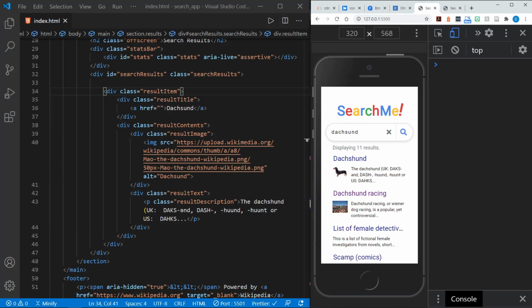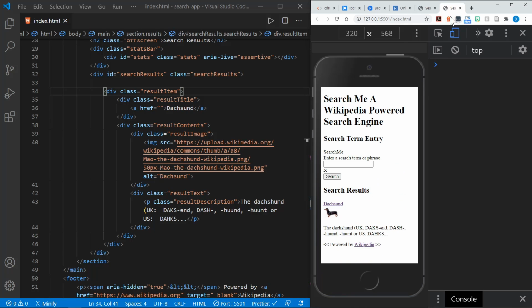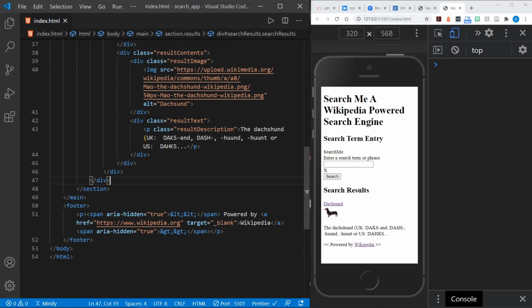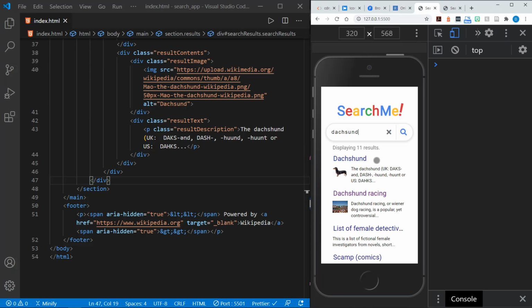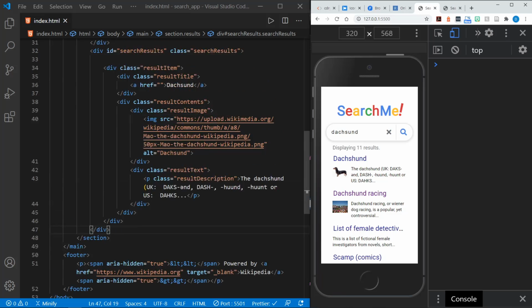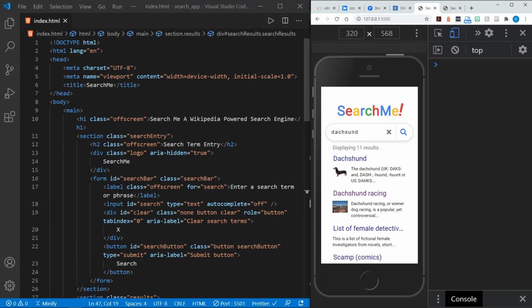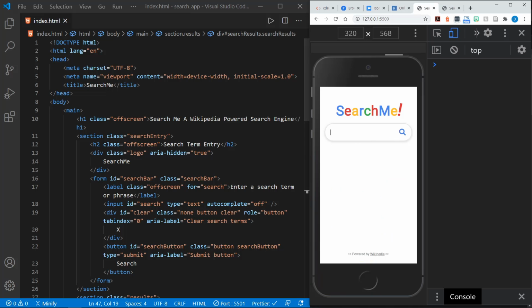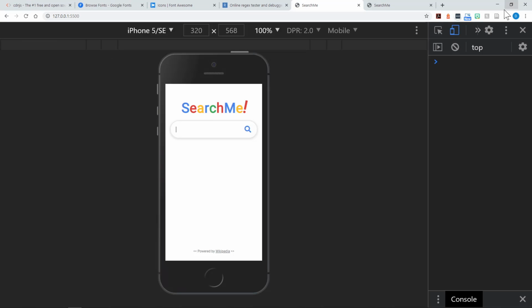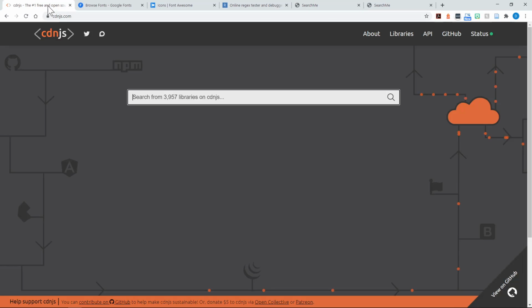This is what it will look like after we style it. Right now our HTML shows this, and this is the raw HTML, but we have completed everything about the HTML except the logo, which we will do as we style it, and we will need to pull in some Font Awesome icons, and we will be pulling in a font from Google Fonts as well. Let's go ahead and pull in those other libraries we need for our project and put them in our HTML file. We'll go to the site